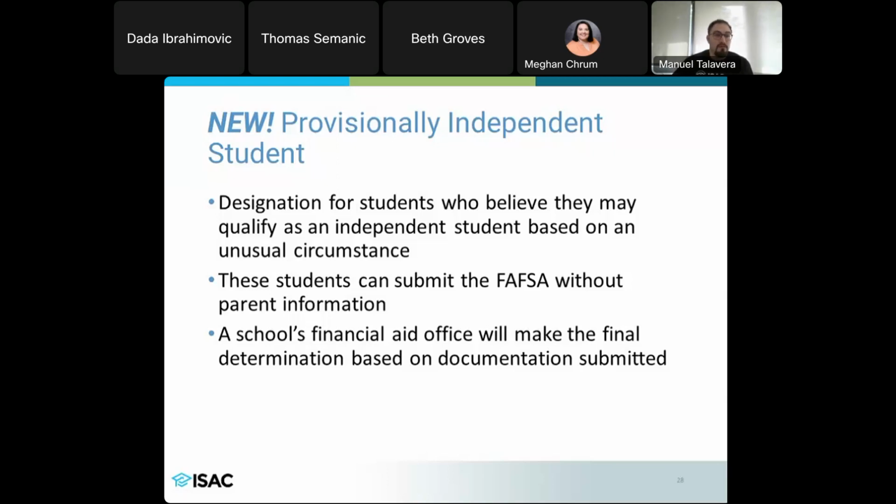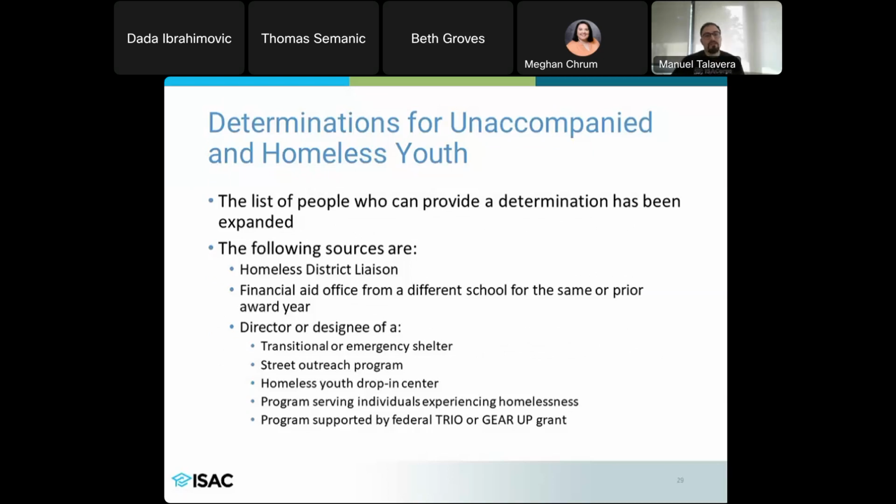They could have something that stops them from saying yes to any of those questions because they don't have, say, an unaccompanied or homeless youth determination letter, but they're fleeing their parents who were abusive, right? And the parents could still essentially provide a place to live for that student, but the student was being abused. And so they ran away from home, and that could qualify the student as a provisionally independent student. So they still have to go through professional judgment. This just allows the student to see their SAI estimate. And so they will see a provisional SAI, they go through the professional judgment process, and then the provisional status will get removed and they will stay with their regular SAI.